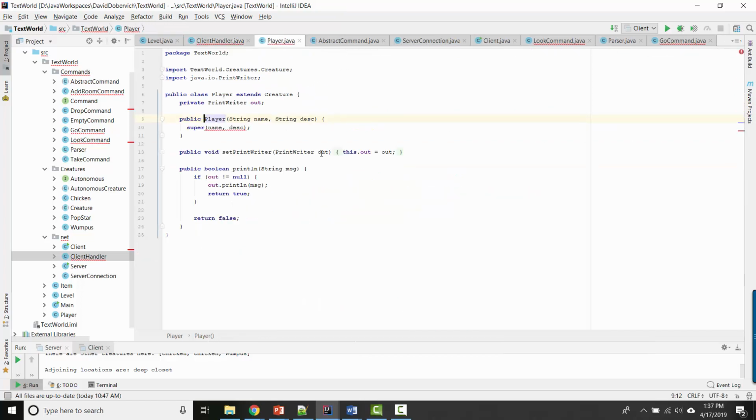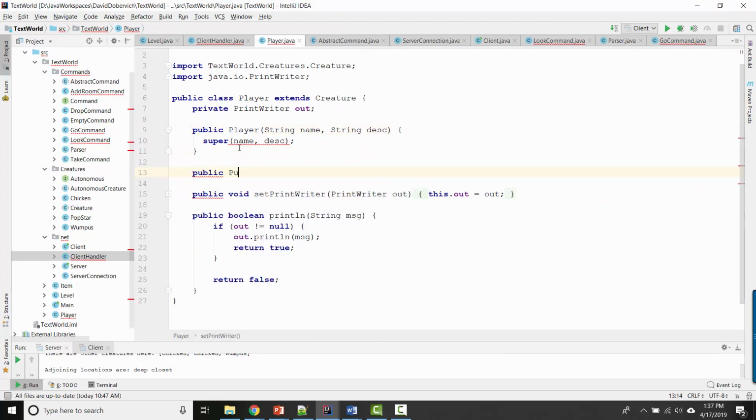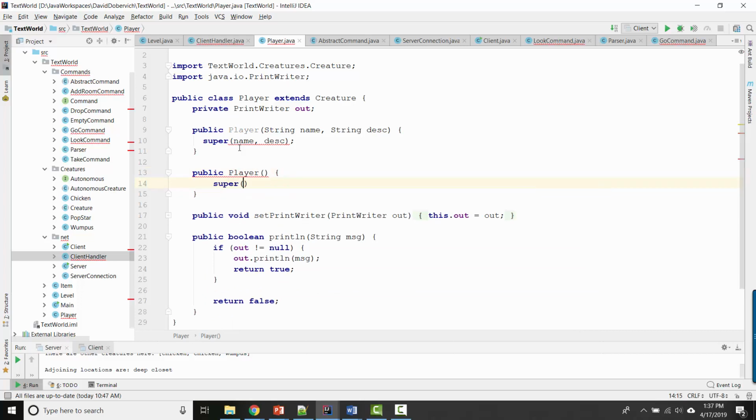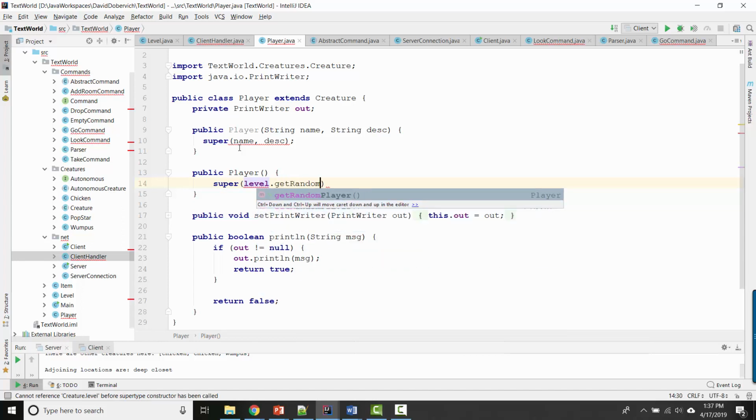What else does a player expect? Okay. So I'm going to overload the constructor. We do have a level in here. Great. So get random unique name,